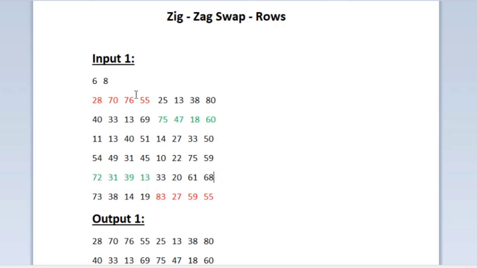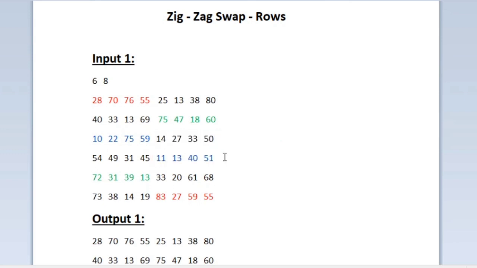And again in the third row, we should take the integers present in the first half and swap it with the second half integers of the last third row. So this is how we should be swapping. So this is the first half integers in the third row, and in the last third row, this is the second half. So I'm highlighting both of them in blue color, and now these two must be swapped. So I'm just performing the swapping. So after swapping, this is how our modified matrix would be looking like.